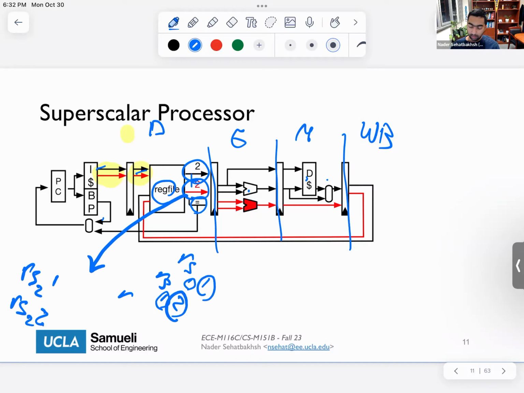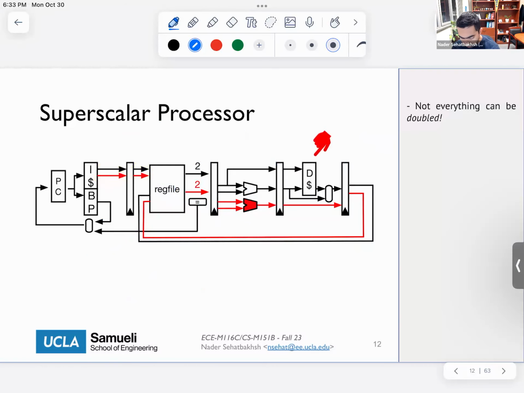Okay, so basically what we are doing here is that we are trying to replicate things as much as we can. The important thing is that not everything can be replicated. Why? Because of the additional cost that it comes with, that doesn't make any sense, and also because of the consistency issue. So for example, I cannot just simply double my memory, because instructions have impact on each other,